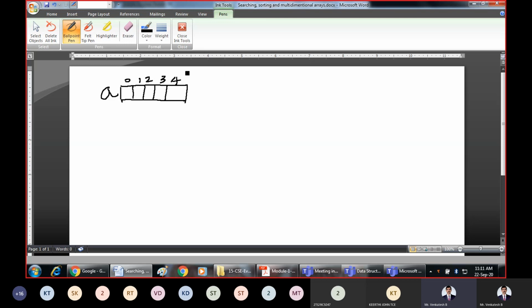Now say it has the elements 5, 3, 2, 9, and 11, and the key element which we want to search here is, say, 9.